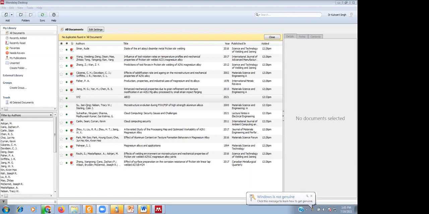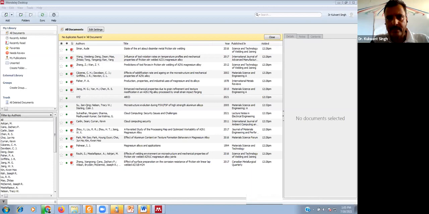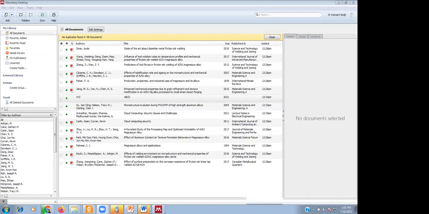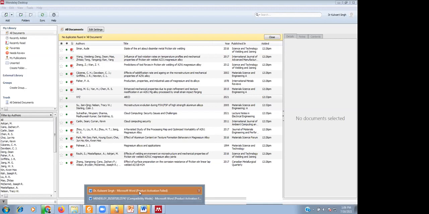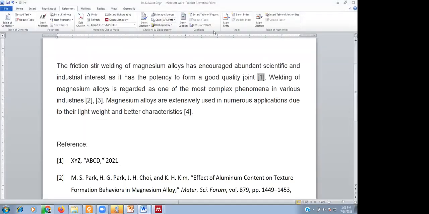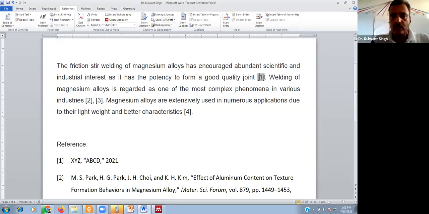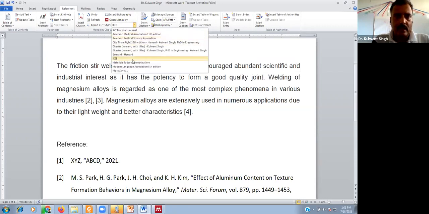Actually, my query was related to the in-text citation. Whenever we do it with the APA style, we are supposed to write along with the page number and the text number, right? I just wanted to ask you how to do it with the Mendeley. Sure, ma'am. First of all, we are selecting a style, APA.